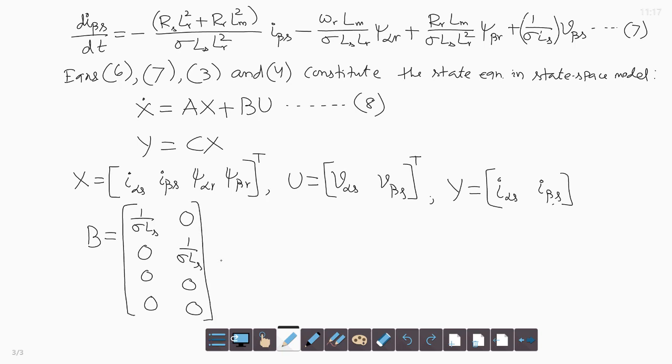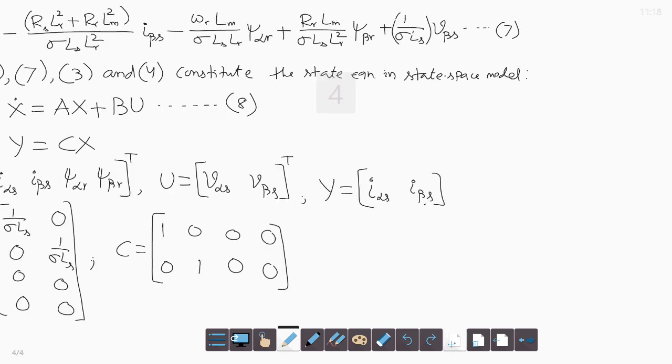And output matrix C is 1, 0, 0, 0, 0, 1, 0, 0. This is the output matrix. And state matrix A will be obtained from equations 6, 7, 3 and 4. Combining, we will get the state matrix A, which is